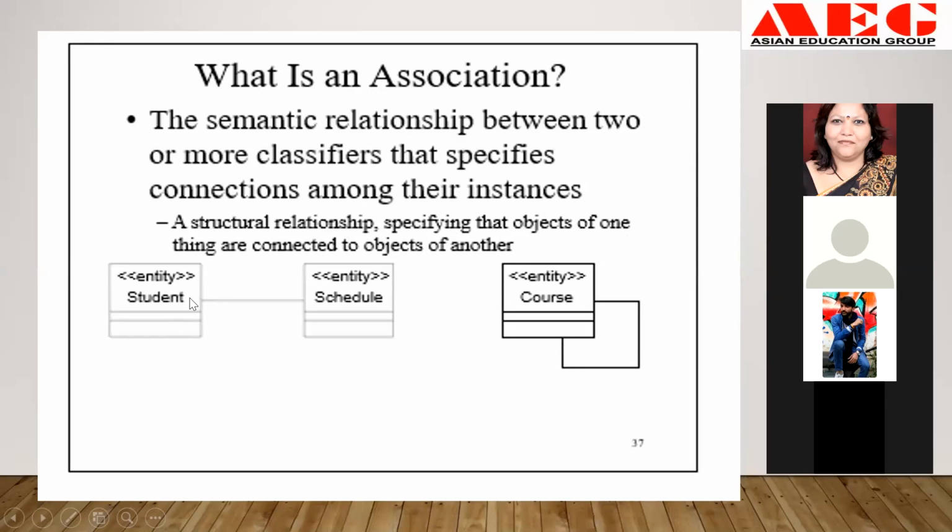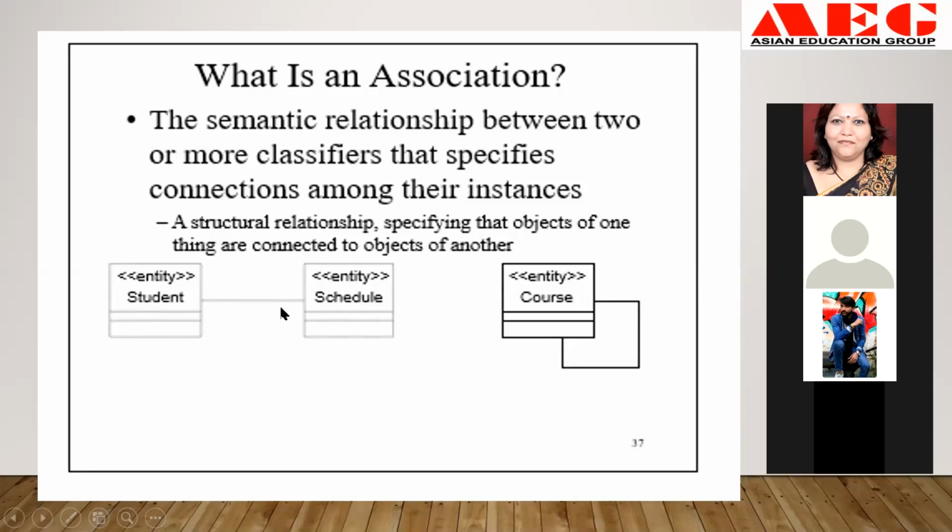So this is a student and this is a schedule. Entity one, the student, is connected with the schedule. For example, we can see our online classes schedule. Every student is connected with this everyday schedule. You have to join your classes online, or go to college and attend the class schedule. So there is an entity named student, and another entity named schedule.